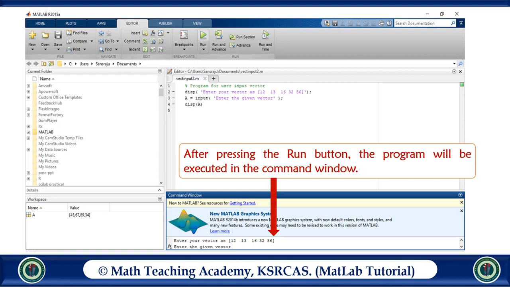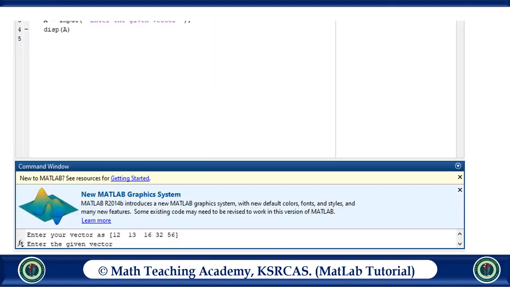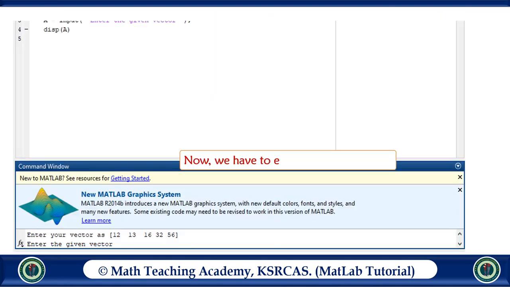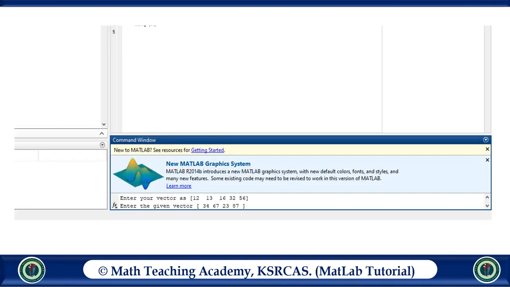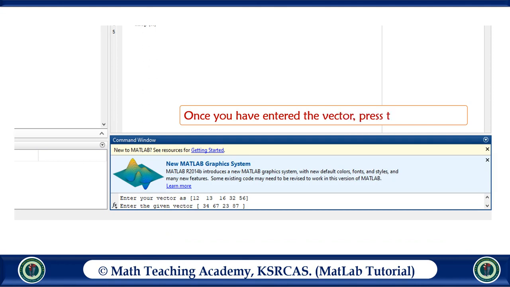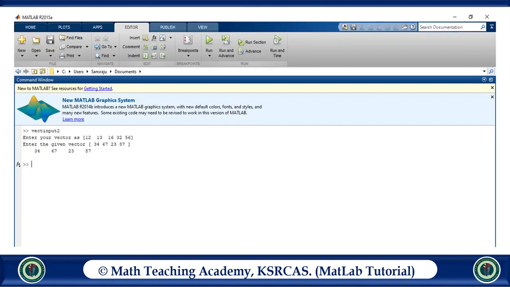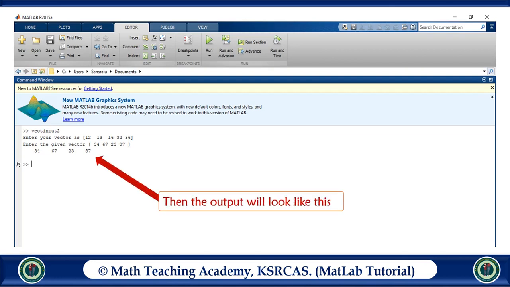It shows "enter the given vector", so you have to enter the vector. Now we have to enter our vector here. Once you have entered the vector, press the enter key. Then the output will look like this in the command window. This is the output.